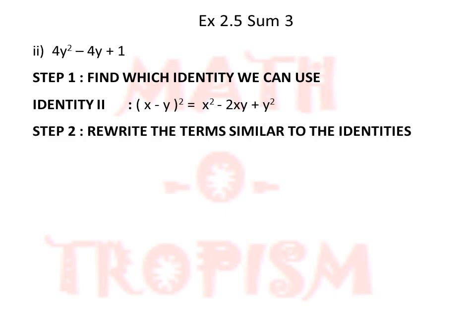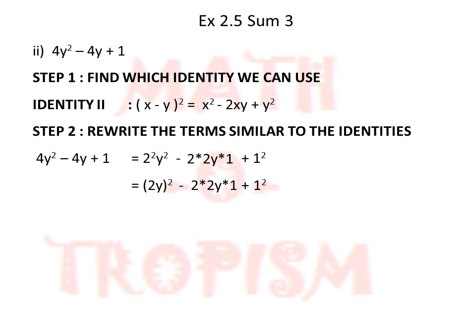Rewriting the terms similar to the identity, 4y square can now be written as 2 square y square minus, we need to know the middle term, we'll keep it just like that for the present. We'll go to the last term, which is 1. So I will write it as plus 1 square. Now I'll come back to the middle term. It is 2 into x, where x is now 2y, into 1. So when we multiply 2 into 2y, it is again 4y. So the way we have split is correct. This comes to 2y the whole square minus 2 into 2y into 1 plus 1 square. This is similar to that identity, x minus y the whole square. So 2y minus 1 the whole square.